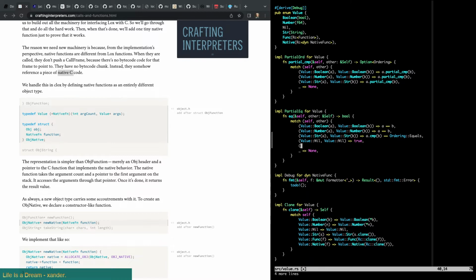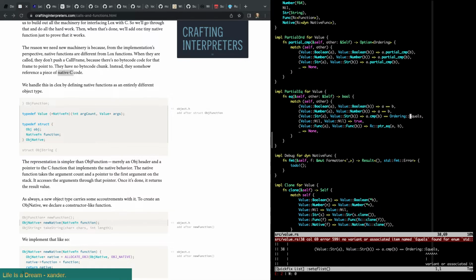The functions, we can compare pointers, A and B. And we could just say RC pointer EQ, A and B. We might have to ampersand those. And then the last one, equal.